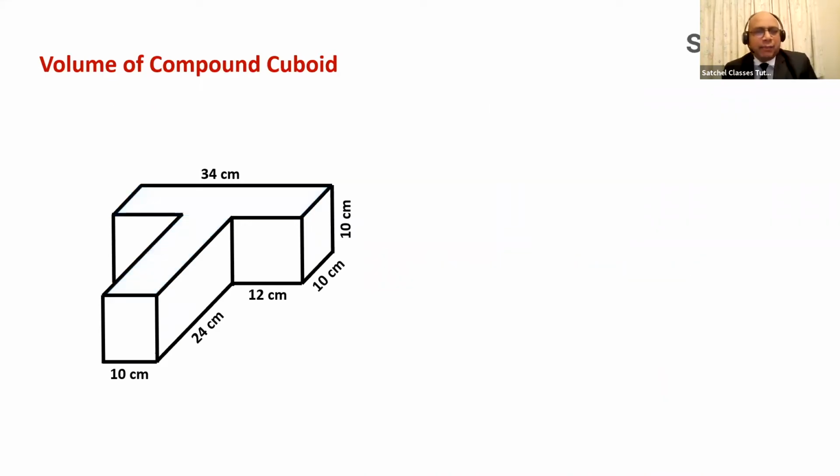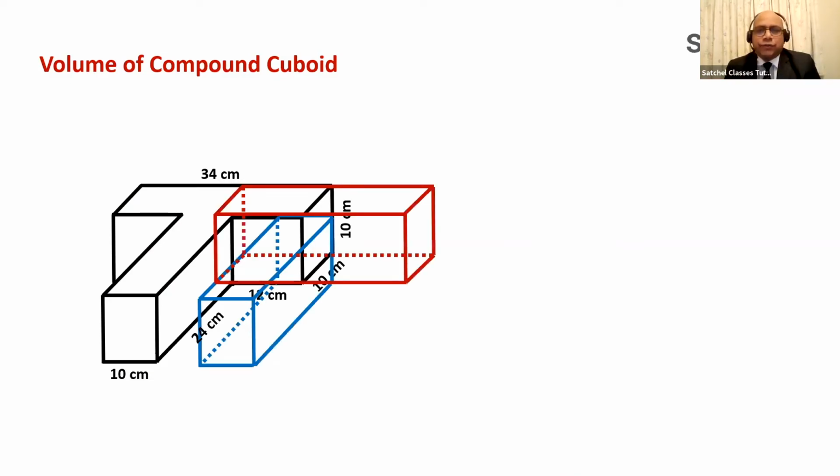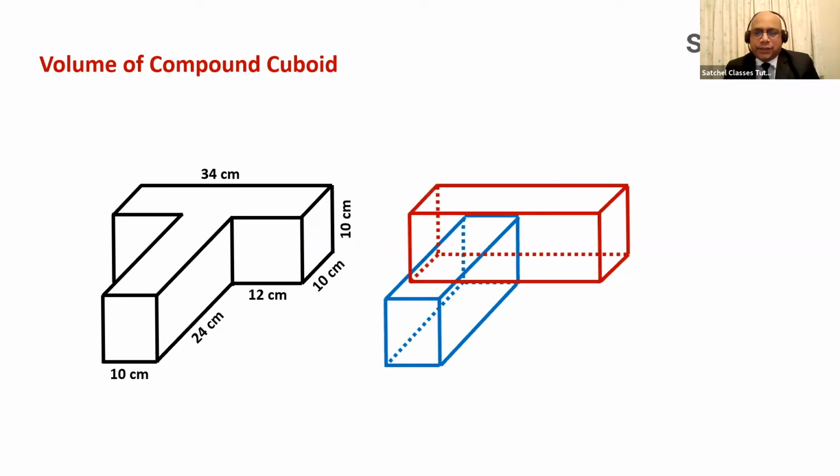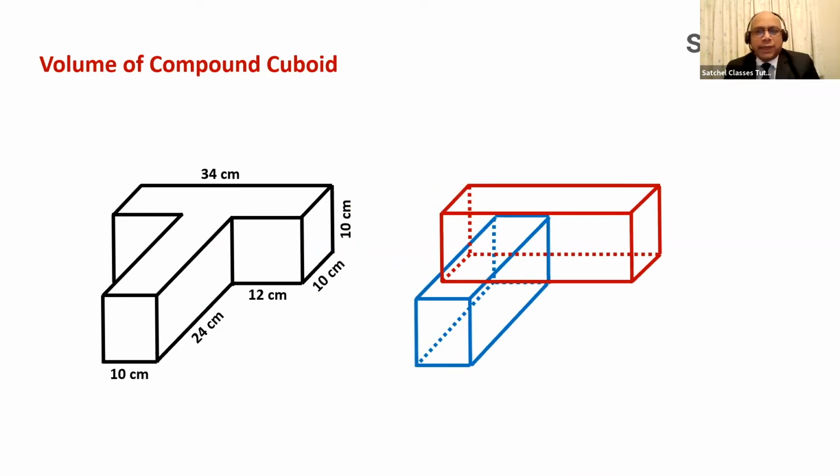Remember, the second method was we split this particular compound cuboid into two different cuboids. And we can clearly establish that, right? One of the cuboids is horizontal and the other one is placed vertical right in the middle. So can we split this into two different cuboids? Yes, we can. As you can see, one of them has been highlighted with red outline and the other one with a blue outline. If I split both of these cuboids separately,